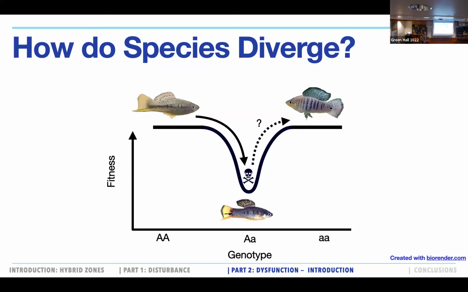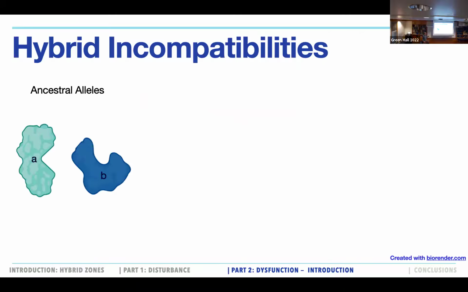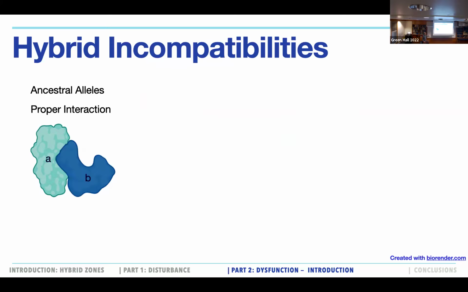And the answer to this is that this paradox goes away the minute you start thinking in more than one dimension of genotype space, like when you involve genetic interactions and epistasis. So now, instead of thinking of one gene, we can think of 2. And I'm going to get a little bit more concrete and show 2 proteins that need to physically interact for function to happen. And in the ancestral alleles of these 2 proteins, we see a proper interaction that does some